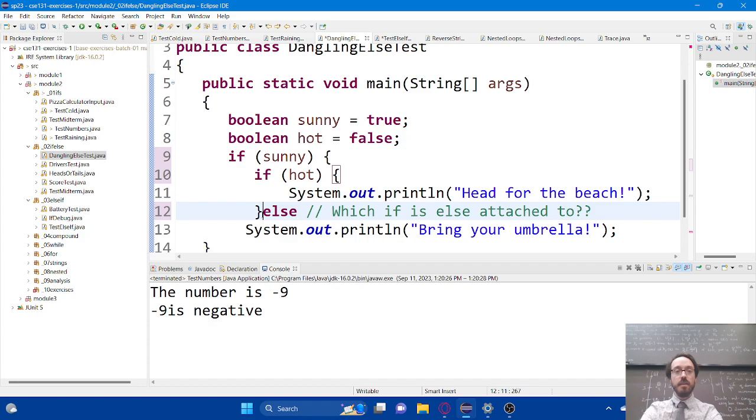Use curly brackets. Always, always, always. If you ask me a question and I see you using if statements without curly brackets, I'm going to ask you to put them in. It just makes it easier to understand what's going on in your code, what belongs with which if statement. And furthermore, pay attention to the indentation. That is not an accident, right? The fact that this is indented is very much intentional.